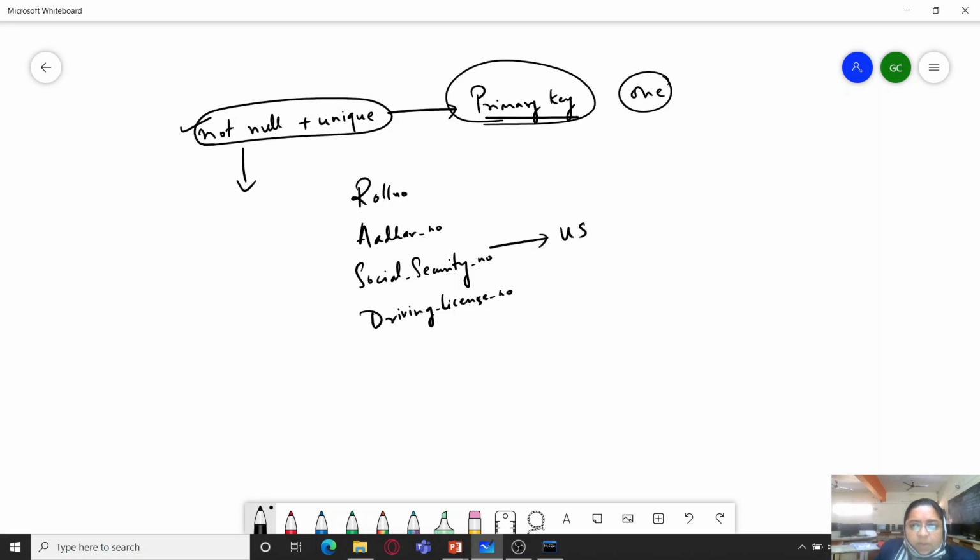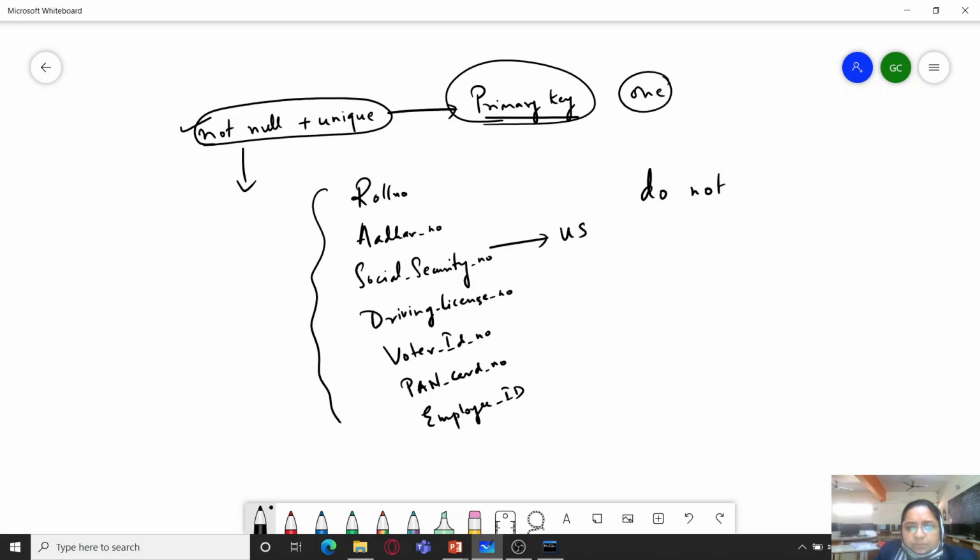Then we also have the number which is printed on the voter ID card. So these are all numbers, and also we have the PAN card number. Any employee who is working in a company would have an employee ID. So these are all the types of fields which normally do not accept any duplicate value.